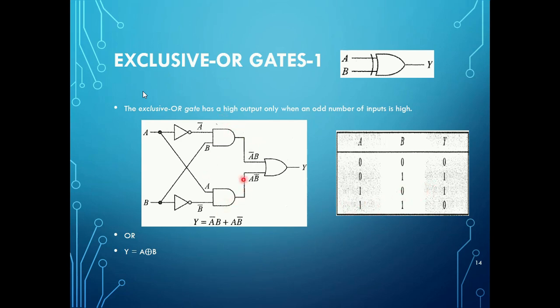So here there is a representation of the exclusive OR gate. How will you get an exclusive OR gate here? Let's see. A and B are the inputs. A is connected to an inverter, and then to an AND gate, and the output of that AND gate is connected to an OR gate, and finally you get the output in Y. So this is how an exclusive OR gate is represented. So Y is equal to A bar B plus A B bar. This is the logical expression for the exclusive OR gate. Next, the same can be represented in a simplified manner: Y is equal to A XOR B.